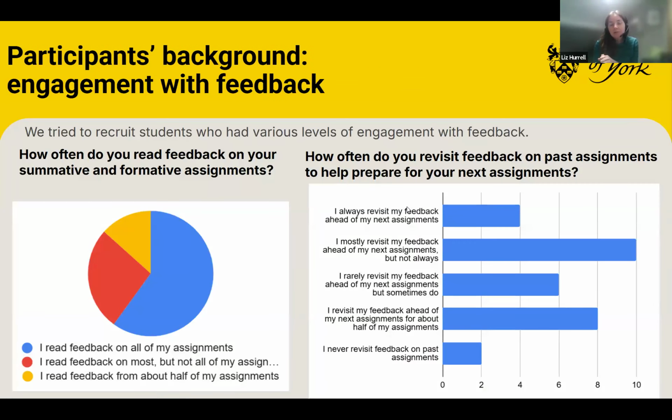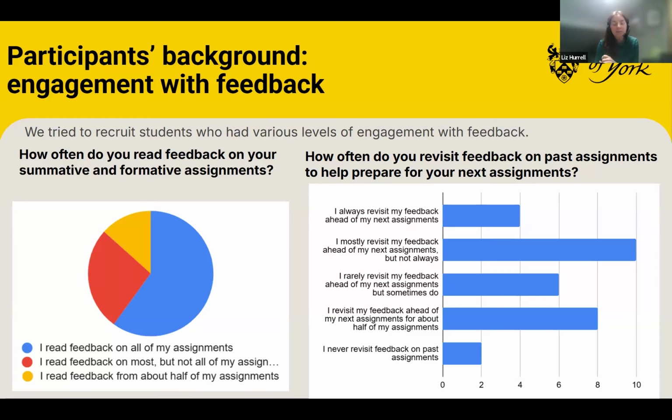When we were also recruiting participants, we wanted to make sure that we were not just getting participants who were always engaged with feedback. One of the challenges with these sorts of projects is that you often recruit some of the most enthusiastic, engaged students. So we really wanted to try and capture some students who were not so engaged with their assessment feedback. So we sent out a survey to find out how students were currently